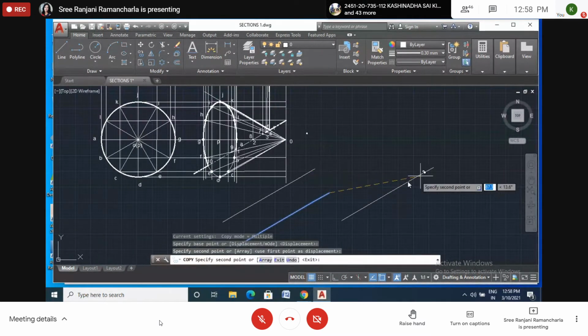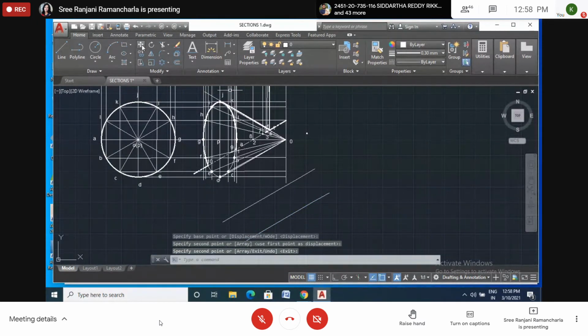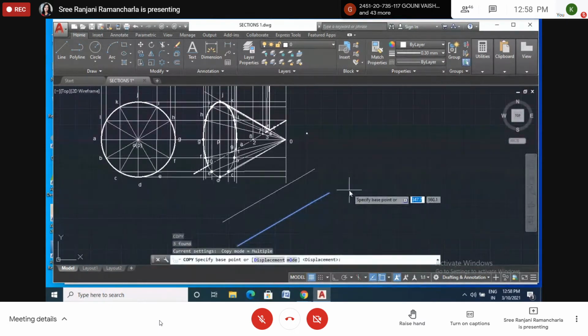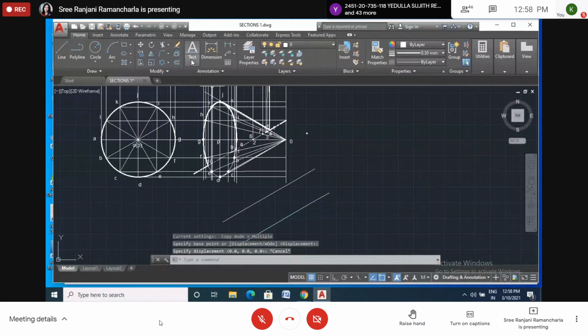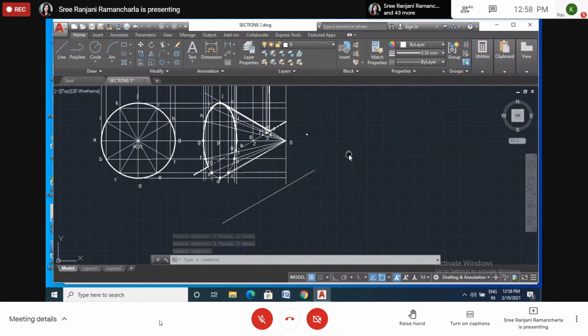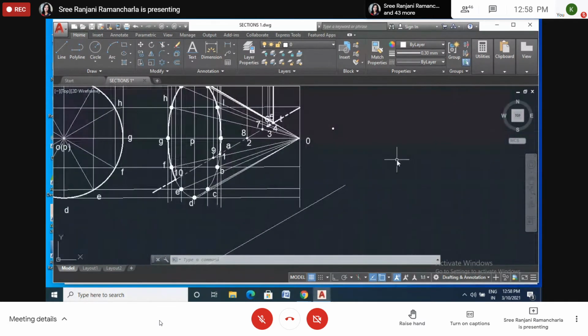I shall move this one. Now draw the perpendicular lines from all the points, from 1, 2, 3, 4, 5, 6 like that.